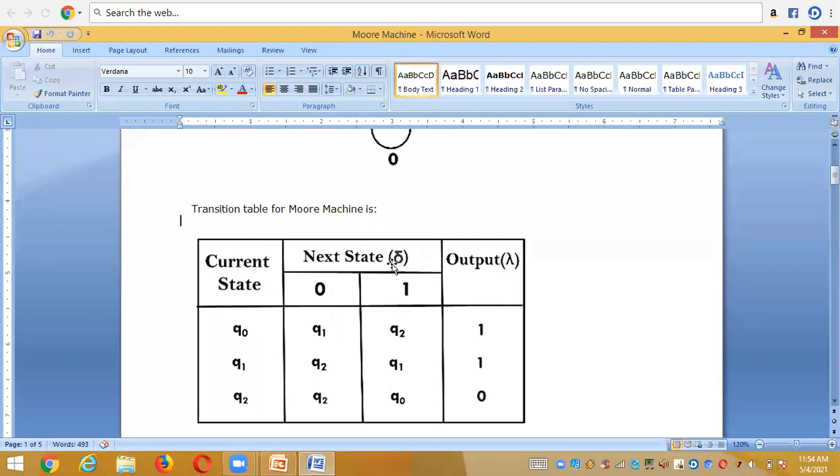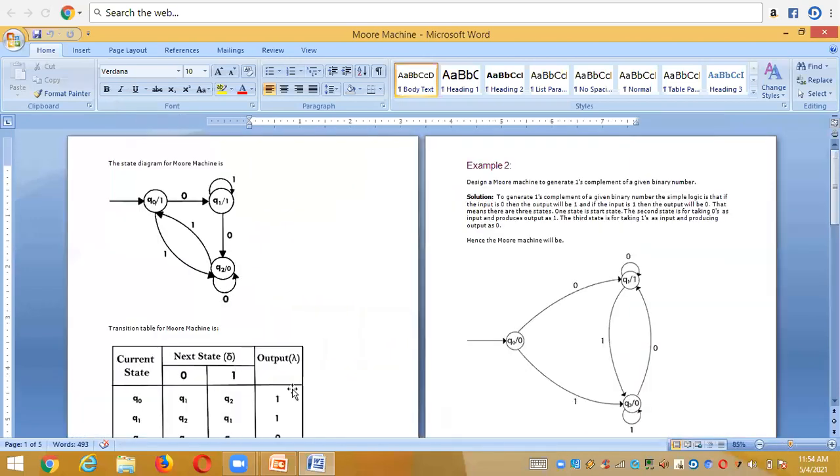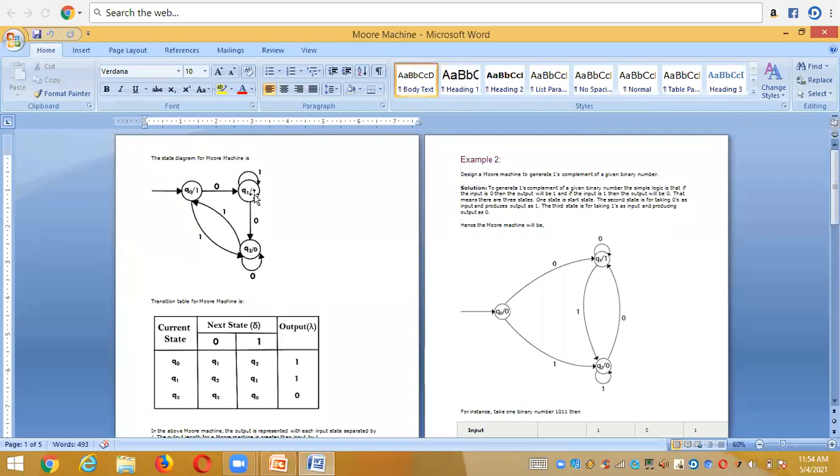These zeros and ones decide the next state. That's why we put it under the transition mapping function delta. And then we have the output alphabet, that is the output function lambda. From the diagram it is clearly shown which state a state goes to with an input. Q0 with 0 goes to Q1. Q0 with 1 goes to Q2. Q1 with 0 goes to Q2, and Q1 with 1 goes to Q1. Same as Q2 with 0 goes to Q2, Q2 with 1 goes to Q0. So here we did the transition mapping function.